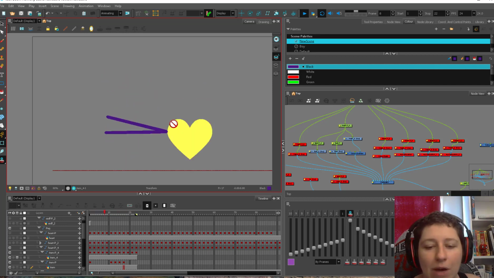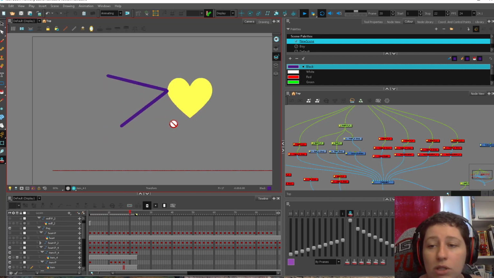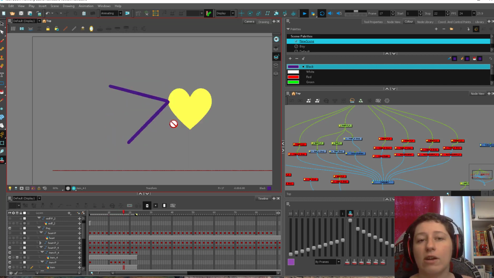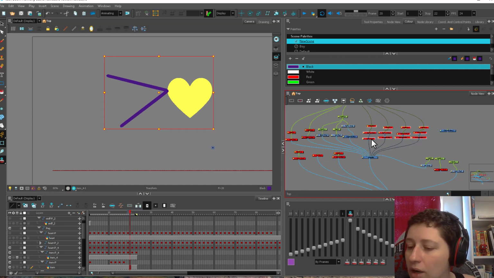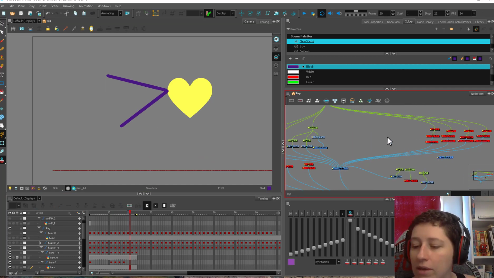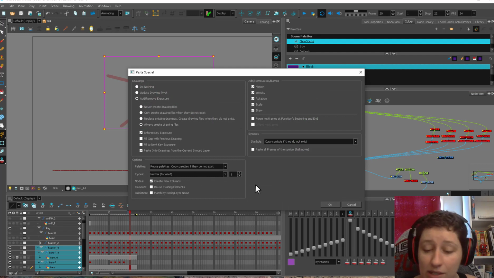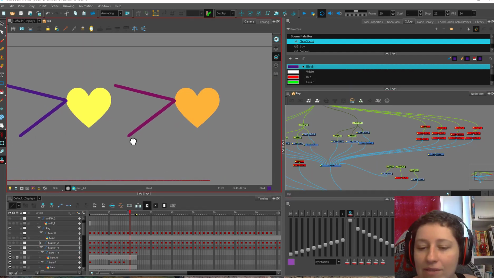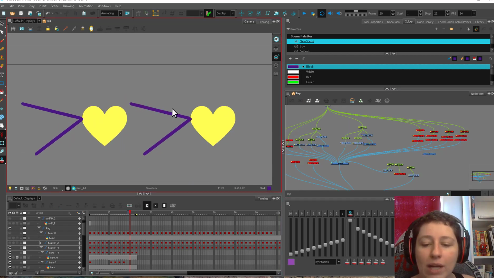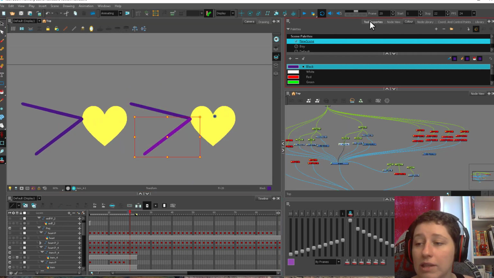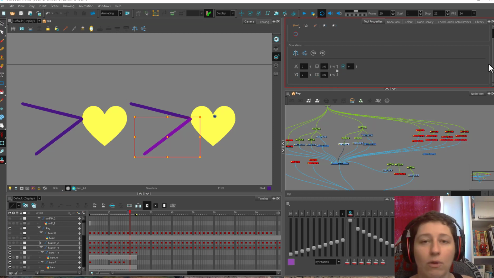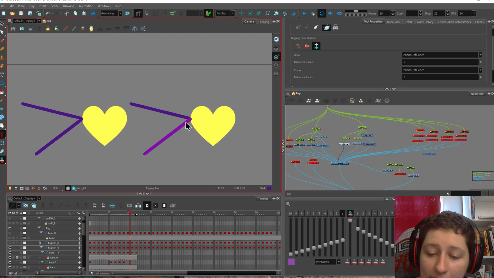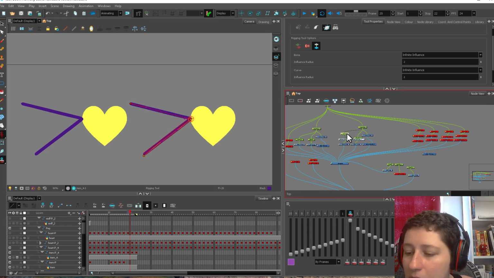The next thing you want to think about is the material that you're using. So in both of these cases, these sticks, I could say they are not firm anymore. Right now, it's a very firm piece of wood that has been embedded into this poor little heart. I'm going to duplicate it so that I can have a side-by-side comparison. So this one, instead of very firm wood, I'm going to have a flexible one. I'm going to use a deformer because I'm being lazy. There we go. So each of them now has its own deformer.